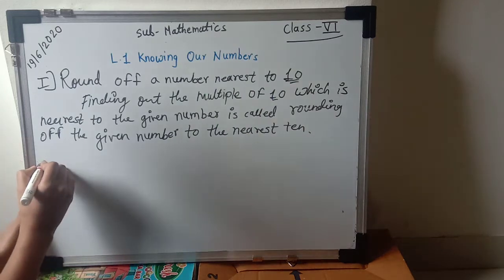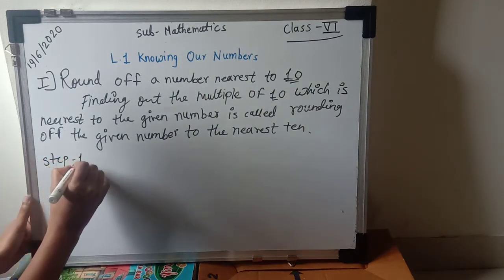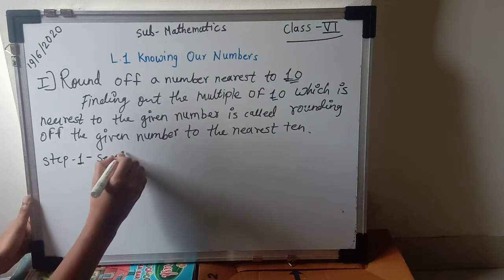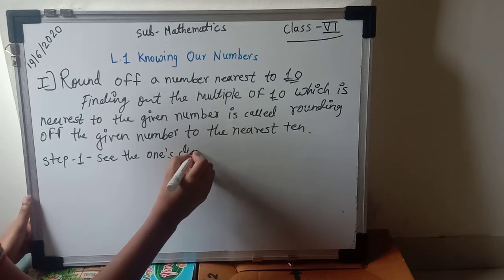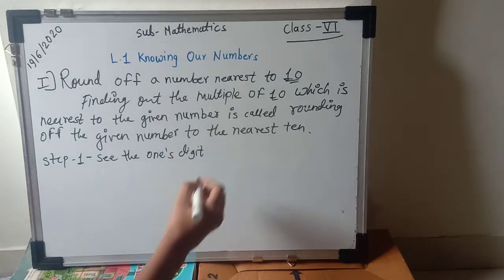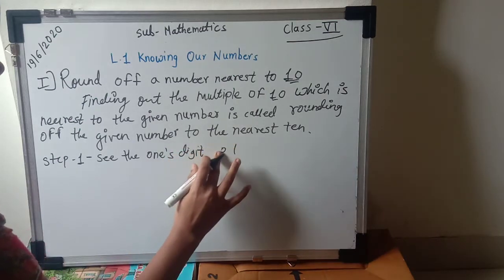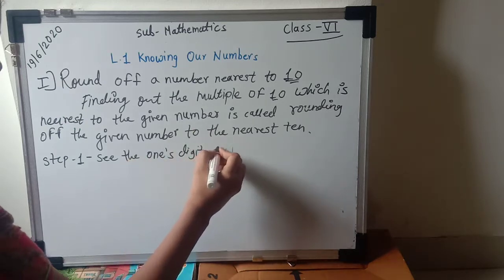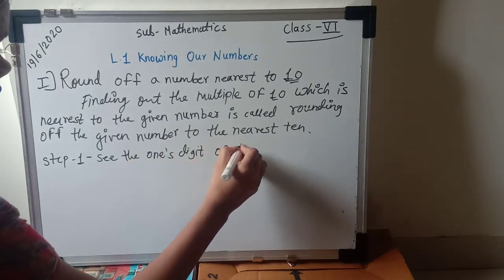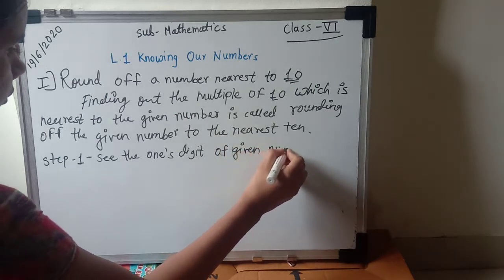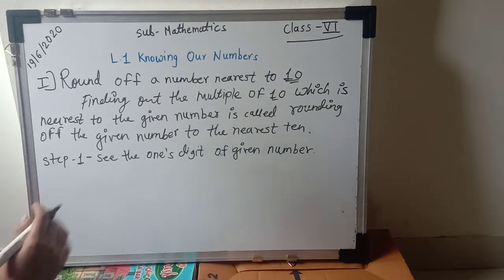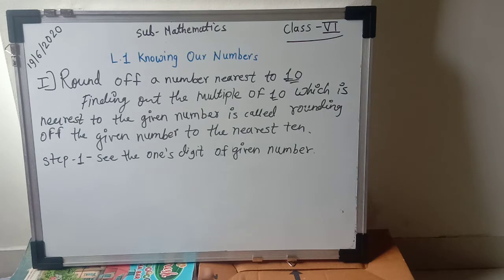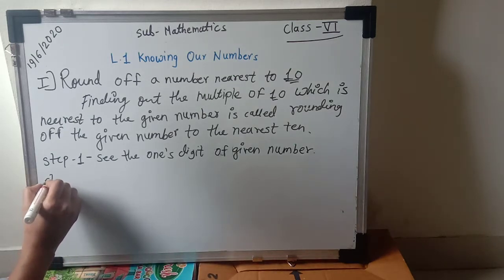First, step 1: see the ones digit of the given number. So we have to see the ones digit or ones place, and on that ones place, which digit is there, that we have to see. Step 2 is,